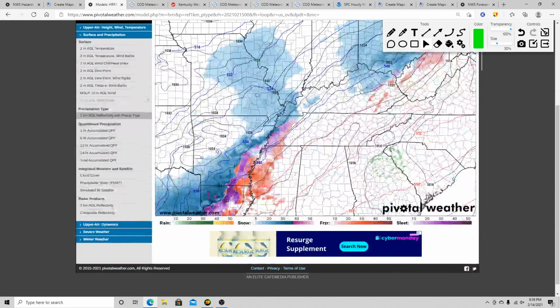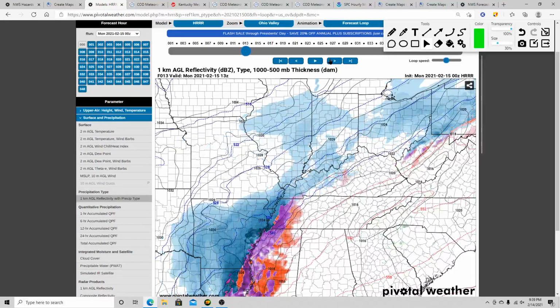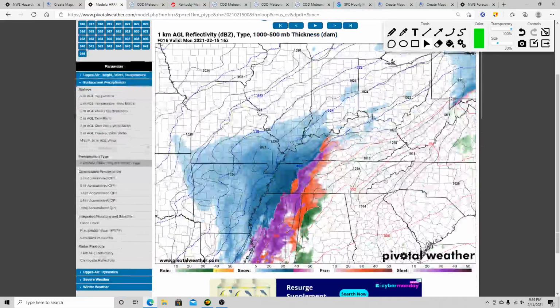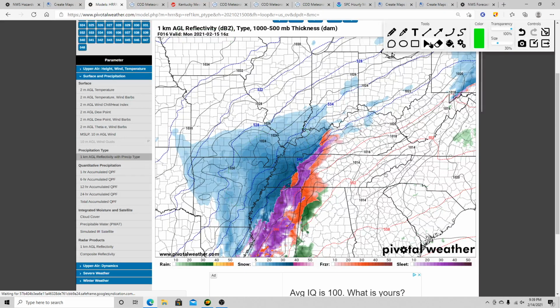Heavy snow going on. Same way for Arkansas and most of eastern Texas. Some of these places can see a decent amount of snow out of that. As we move further in time here, now this is getting into Monday afternoon, Monday evening. You can see here we got a pretty good swath of heavy snow with pretty high precipitable water values